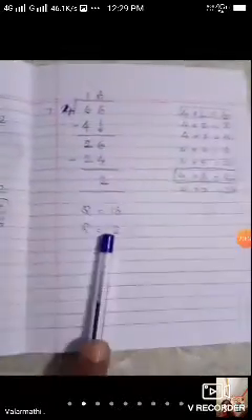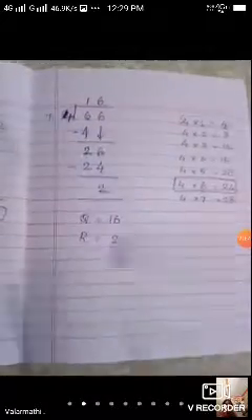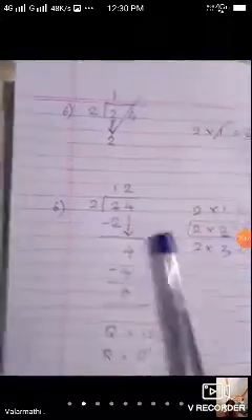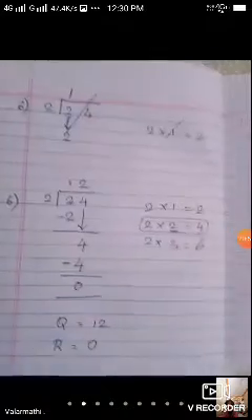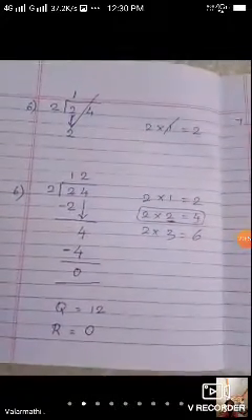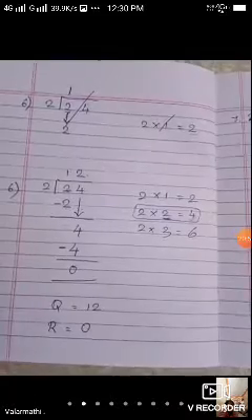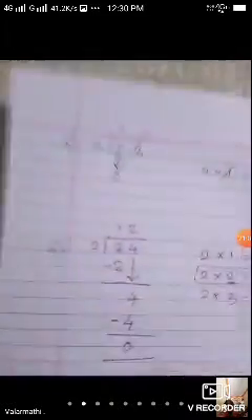Copy this sum, this type of sum. Next week again I will teach. Next week fully I will teach this. Now we will see like this. Easily we can finish it off if you are having. Now next sum.